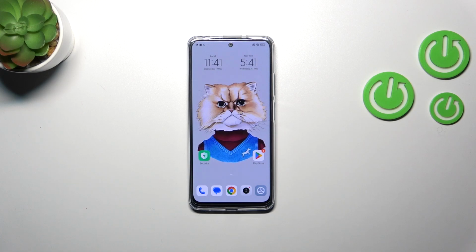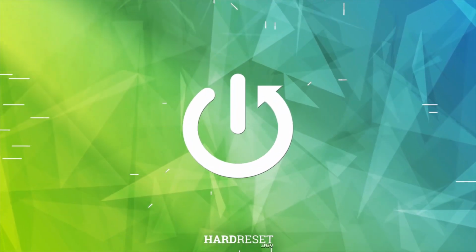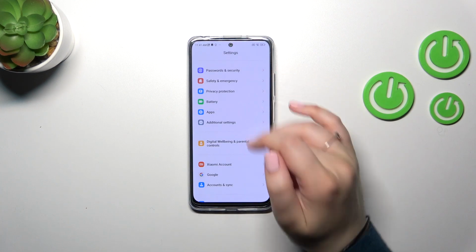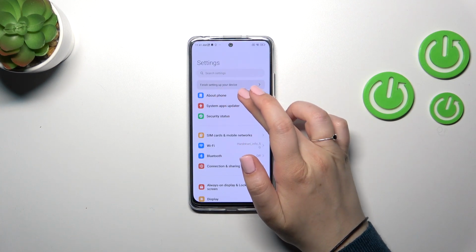Hi everyone, in front of me I've got a Xiaomi Redmi Note 12S, and let me share with you how to activate automatic system updates on this device. So first of all, we have to enter the settings and tap on About phone at the top of